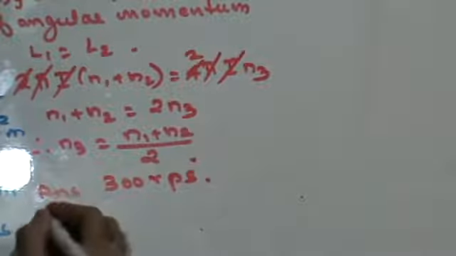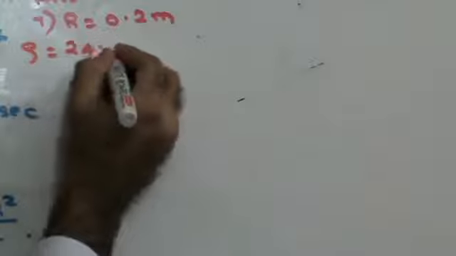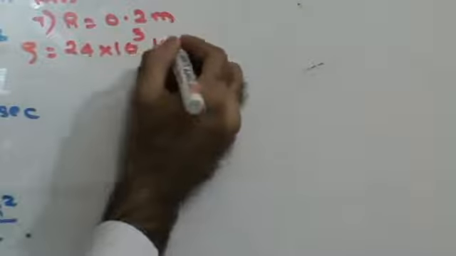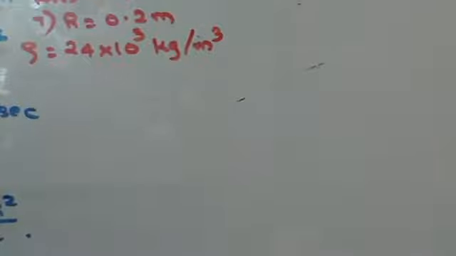Next, take down next one please. A uniform solid sphere has a radius of 0.2 meters and a density of 24 into 10 raised to 3 kgs per meter cube. Find the moment of inertia about